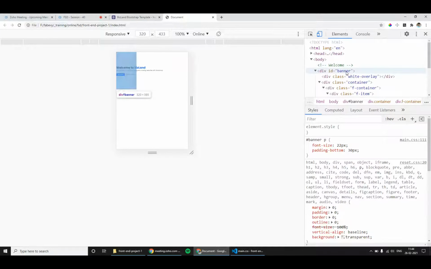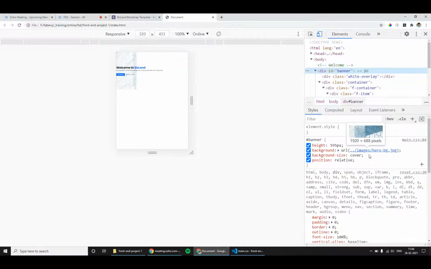Our section, what class name have we given? We have given banner. So you can apply this.